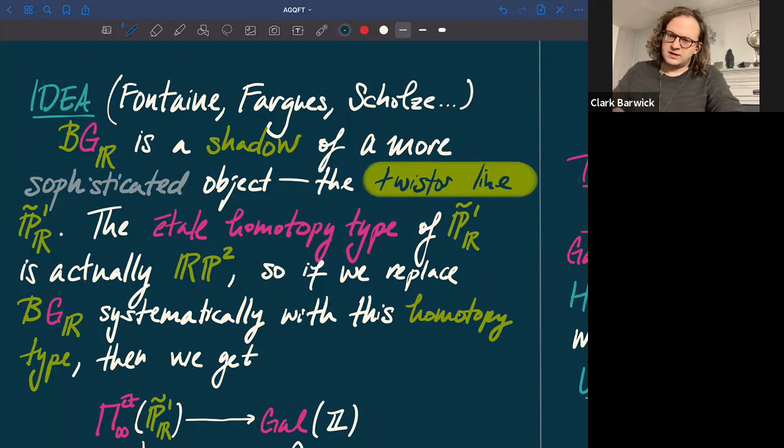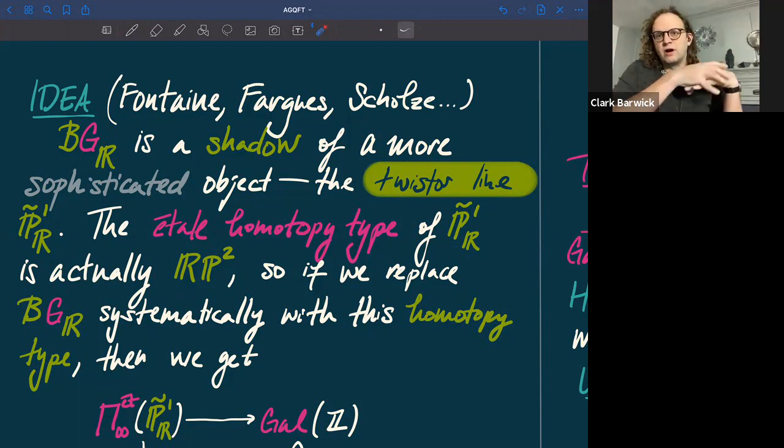This twistor line is, well, I guess the way to say this is that you could say that it's the Brauer-Severi variety over R of the quaternions. Or equivalently, you could take P1 over C, and look at the map that carries z to -1 over the complex conjugate of z, and use that as your descent data down to a real variety, and you'll extract this guy. So this is the twistor line, and this twistor line has some really remarkable properties, but perhaps